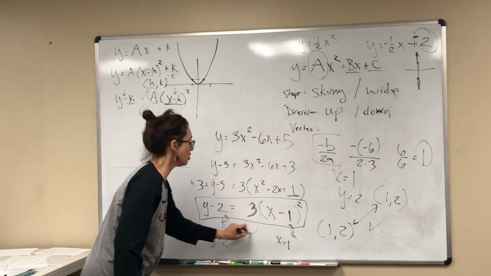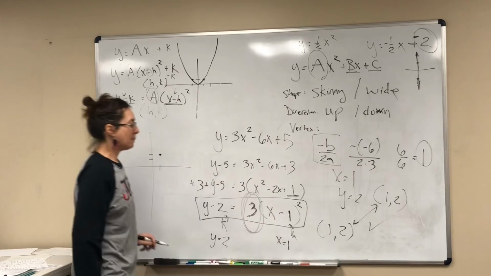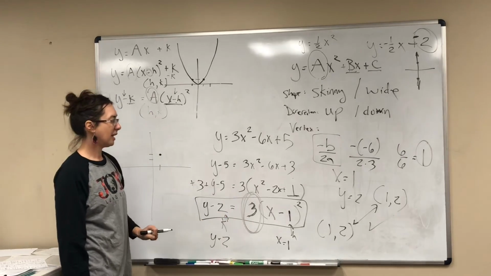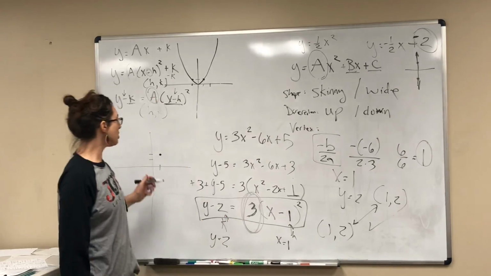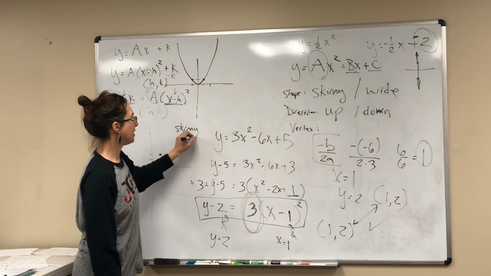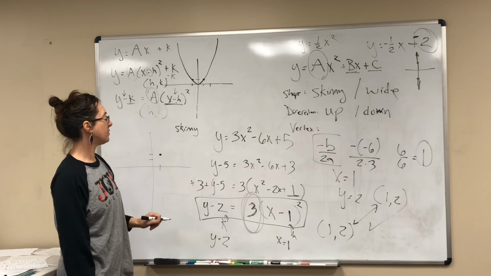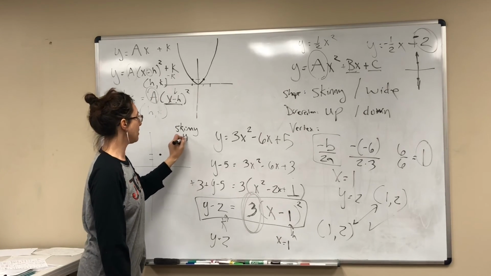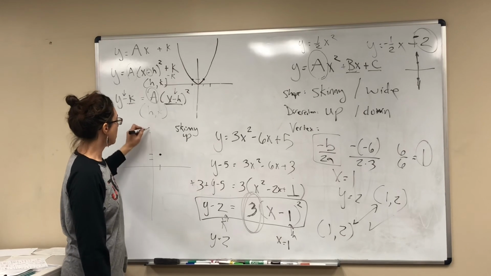I now get to look at my A value, which tells me about my curvature. What is it? 3. So is it skinny or wide? Skinny. Is it positive or negative? So is it facing up like a cup or down? Up, like a cup. Okay? So now,